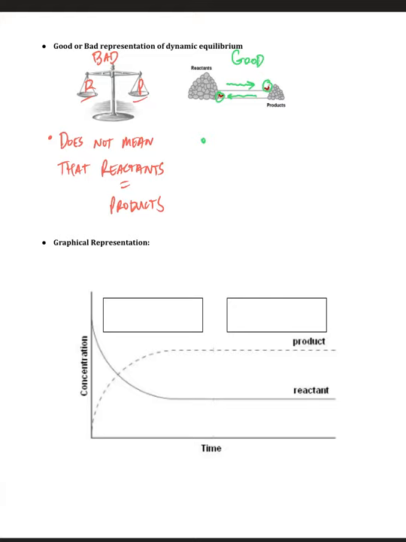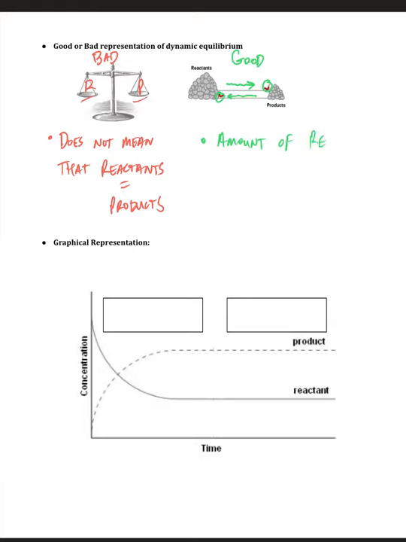Well, if each ant is transferring one rock at a time to each pile, even though they are taking one rock from those piles, the amount of rocks in each pile is not going to change. And that is because they're each taking one rock and transferring them at the same rate or at the same time. And so this is a good representation because the amount